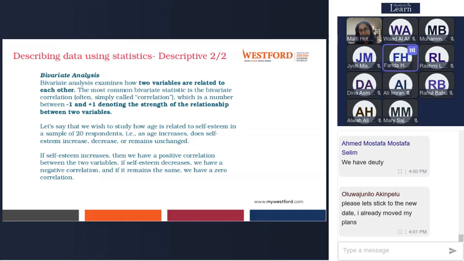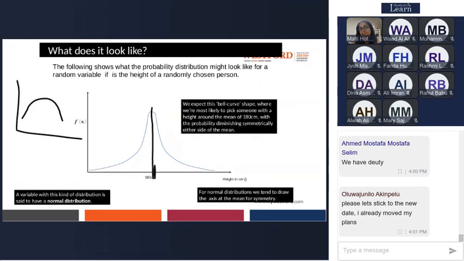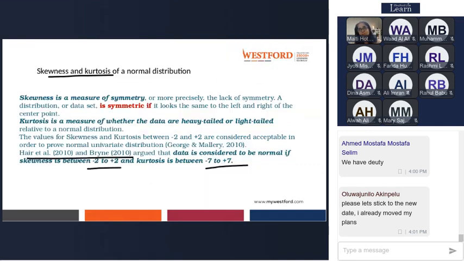So is this done manually or by any software? As I told you in the beginning, all the data analysis of quantitative analysis is done using statistical tools. You can use Excel, you can use SPSS, some people use R programming. So you don't have to do it manually. But you will tell us how to do it? Yes, after 5-10 slides, I'll show you. Whatever I'm talking about, I'll show you how to do it in Excel. Fine.